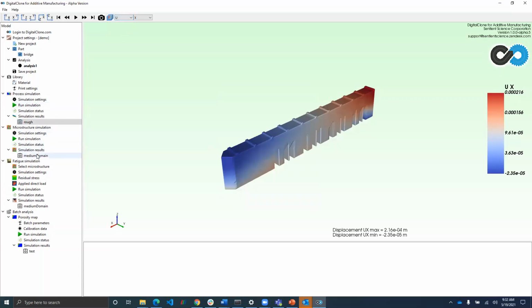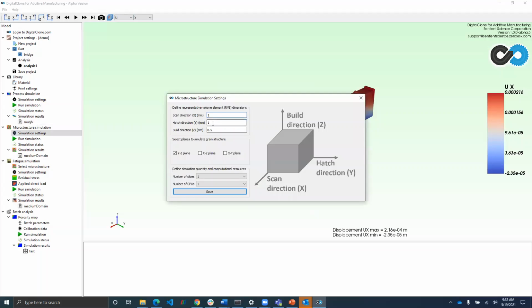The microstructure simulation module is next. Here, a user can specify the volume of material for which to predict the microstructure. They can also choose on which planes the microstructure should be predicted. There is randomness in these predictions, therefore, the user can choose how many different microstructure samples to produce to capture